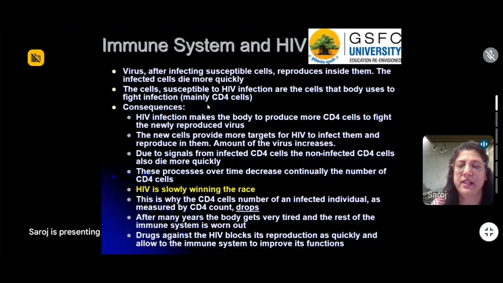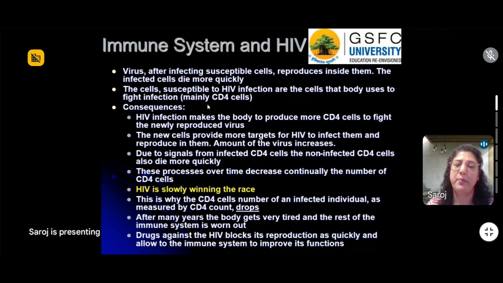So now there are more CD4 cells. However, it is working counterproductively, because more CD4 cells mean the virus has more cells to infect and reproduce in. It is a snowballing effect where the virus is continuously increasing in number because the CD4 cells are increasing in number. The infected CD4 cells release the virus, and the release of the virus triggers your immune system to make more CD4 cells. At the same time, the infected CD4 cells are killing the nearby non-infected CD4 cells.